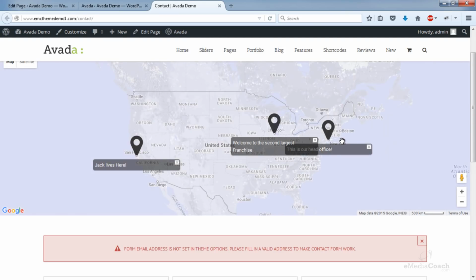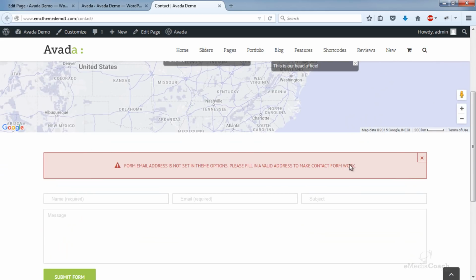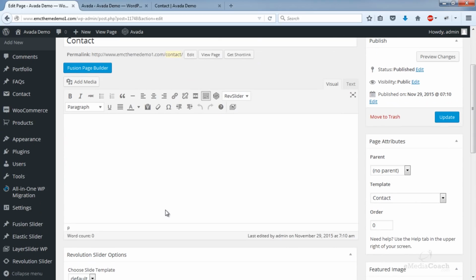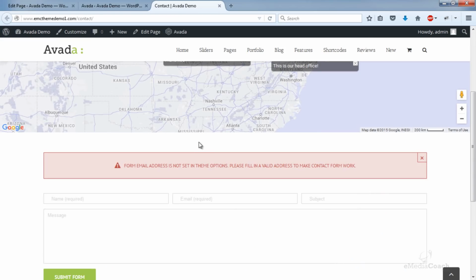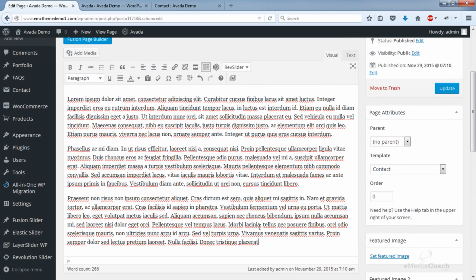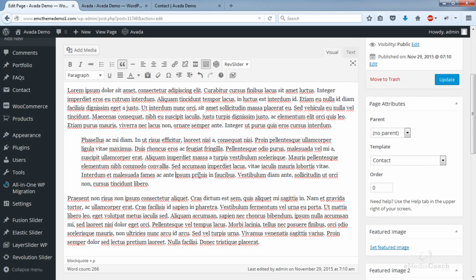Good stuff. Okay, next, I want to add some text before the form. So now back to where you added your contact form. If you add text in this area here, this visual editor, that text will appear right in between this contact form and the map, smack bang right in between. So I'm just going to use some dummy text that I have here on another screen. So I'll just copy and paste it across. And maybe I'll put some styling in there with a block quote.